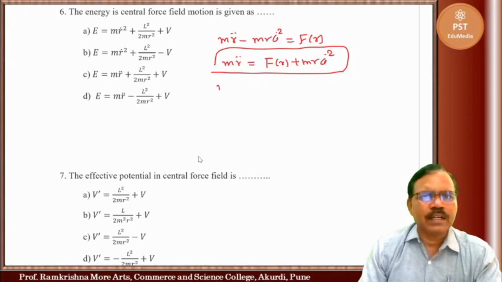So if we multiply m r double dot by r dot, it is equal to,